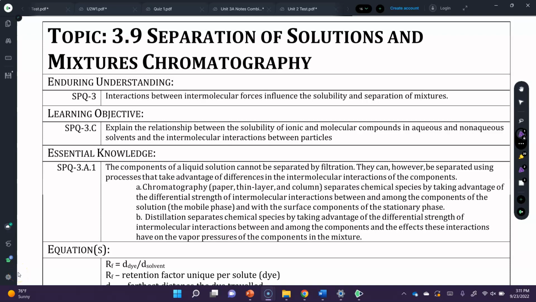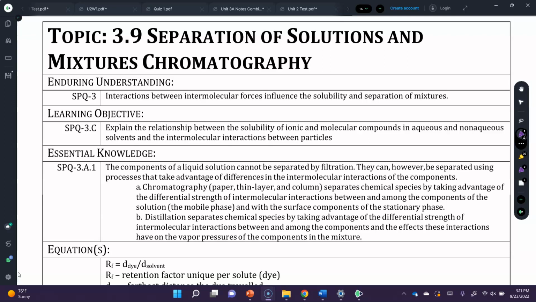Hello everyone, welcome to topic 3.9, separation of solutions and mixtures, chromatography. In this we will look at how we can explain the relationship between the solubility of ionic and molecular compounds in aqueous and non-aqueous solvents, and the intermolecular attractions or interactions between particles, and how we can use that to